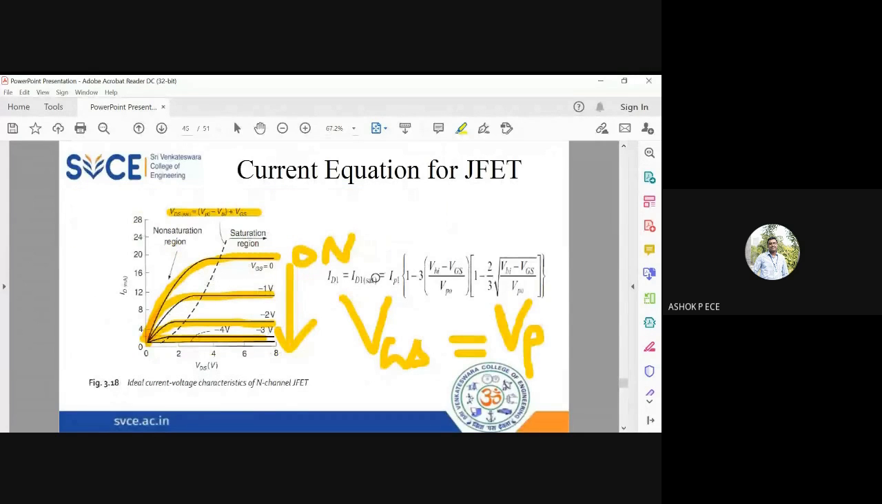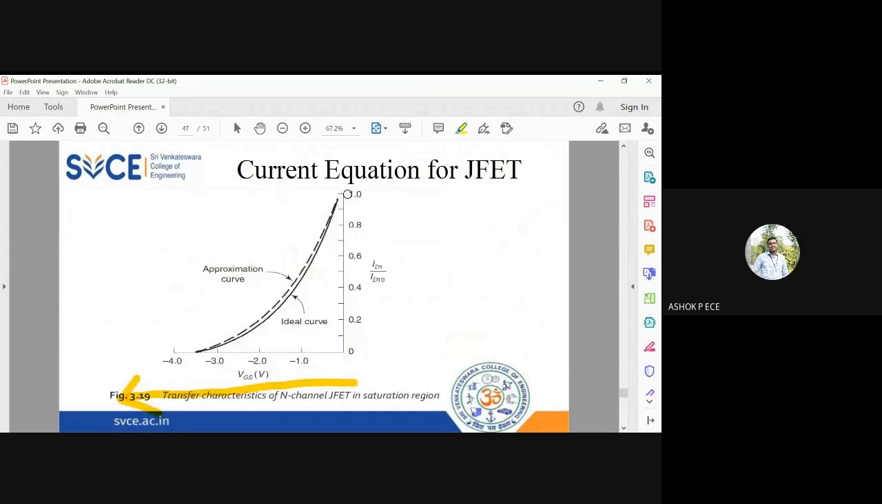Otherwise, we would be using this big equation everywhere in all our calculations. Since the difference is very, very minimum between the actual curve and the approximation curve, that is the reason why they are saying you can use the approximate equation itself for all the analysis of your JFET. You need not consider the ideal equation all the time, since the difference is very, very meager. Okay, and